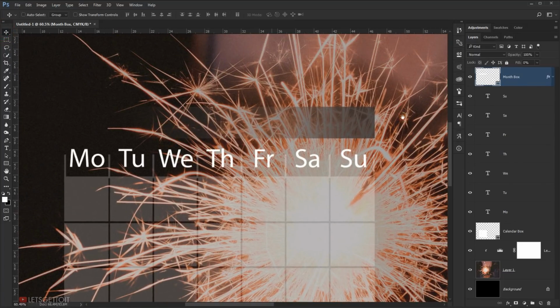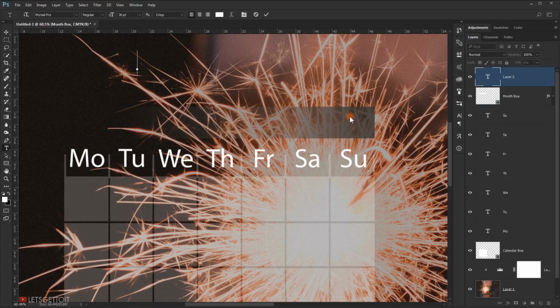Okay, it looks good. Now I'm gonna create a text in this rectangle. So I'm gonna select the type tool and make sure you're not inside this rectangle. So I'm just gonna click once outside the rectangle, and I'm gonna start with January. So I will make it all caps just like that. And also I'm gonna align it from the right just like this, and I will put it right there,